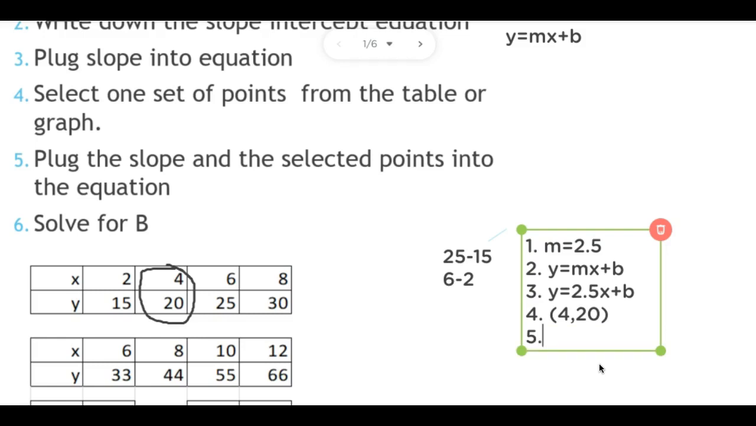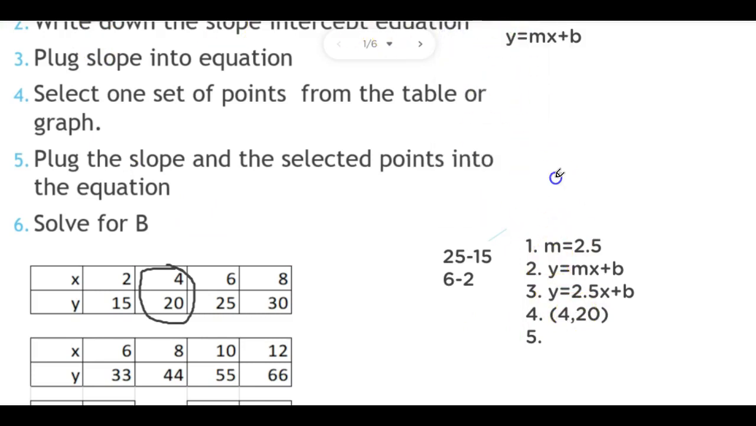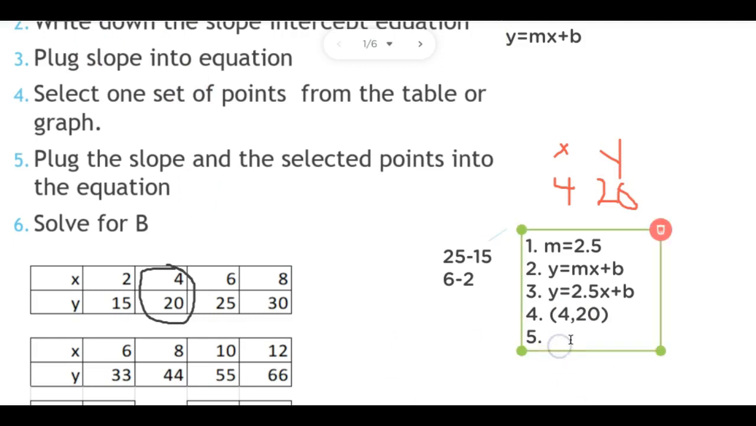5. Plug the slope and the selected points into the equation. Now what this means is this. All right. This means that I'm going to take my points. What do you mean by your points? Well, in my equation, my 4 is x and the 20 is y. So when I plug these points into the equation, the equation is y equals,